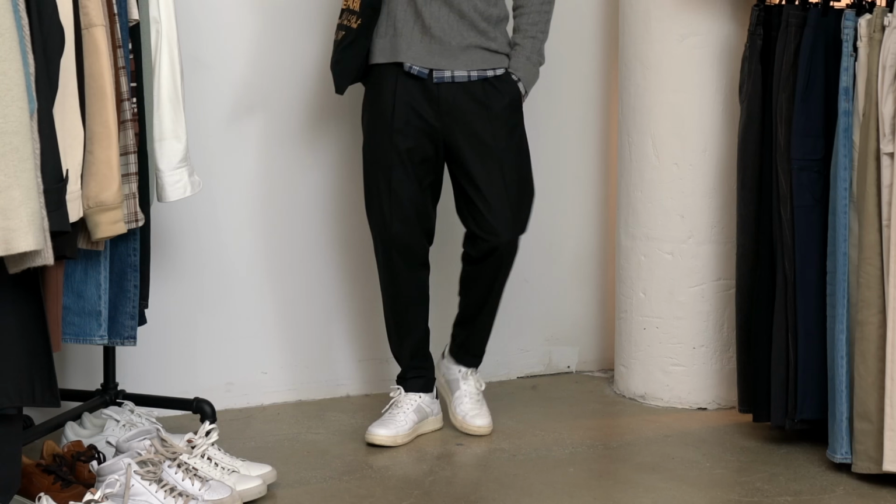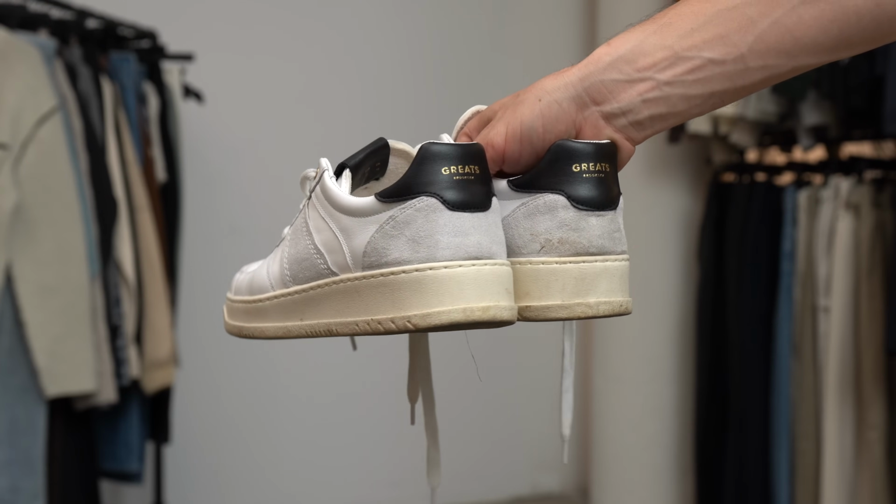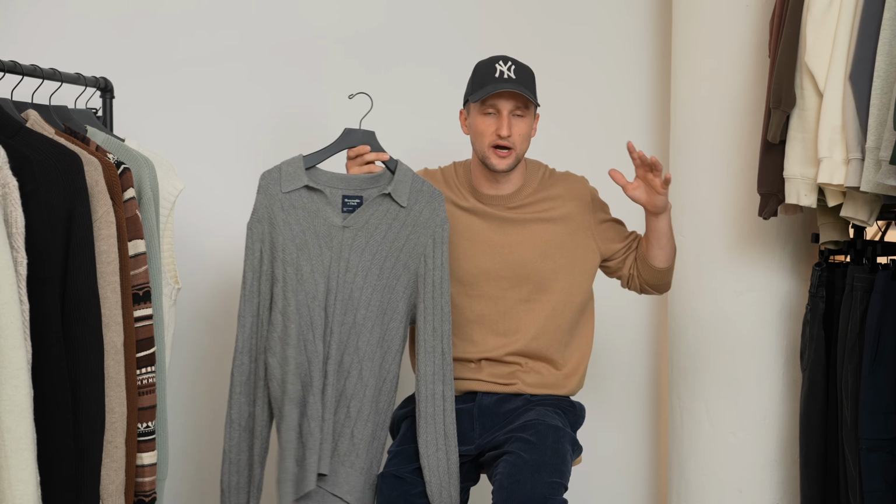flannel as well. And then we have, to keep it simple, Reiss pants in black. 2-inch cuff. We got the great sneakers one more time because they work with this color palette as well. So we got that white, the gray, and the black. And then to make it a bit more street,